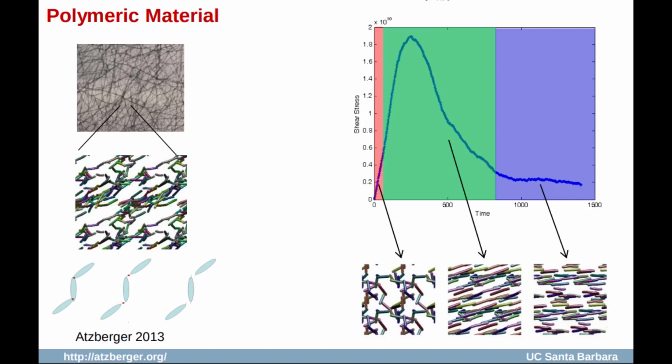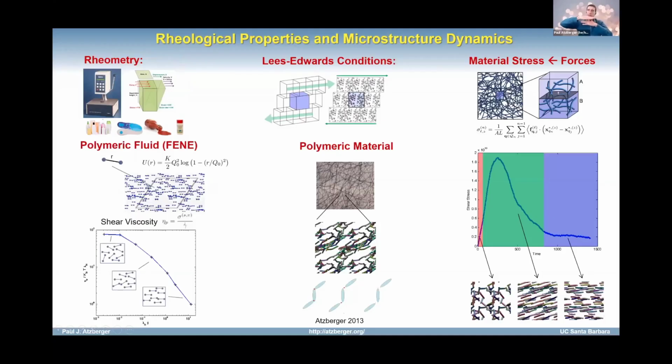If I showed it, you would see that things break apart, which leads to a big climb in the stress. But over time, once you equilibrate, you get to a configuration where the chains line up with the direction of shear. The thermal fluctuations kick you out of the direction of shear, which then stirs the polymers, and you end up with an effective steady state shear response. So depending on the time scale at which you interact with this material, you get different types of stress responses. That's really important if you're trying to do constitutive modeling of a much larger scale material, where often it's not obvious what the stress response to an applied shear rate should be.